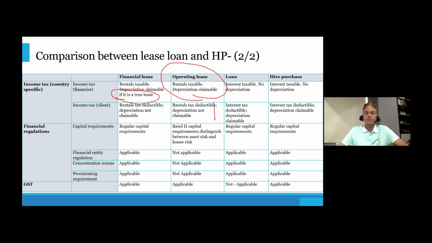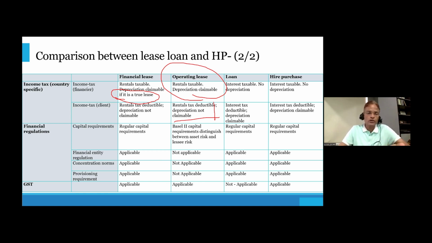The question of claiming depreciation by the lessee does not arise. So tax laws as such don't distinguish between financial versus operating leases. Tax laws distinguish between what is truly a lease versus a disguised financial transaction. And mostly a financial lease will find it very difficult to qualify as a true lease, particularly because the financial